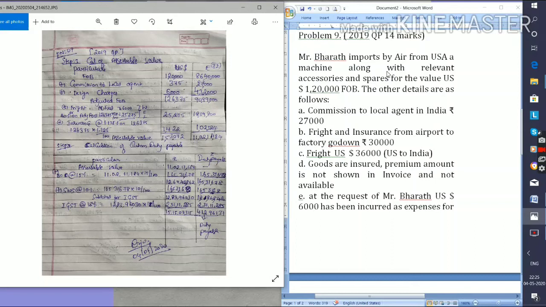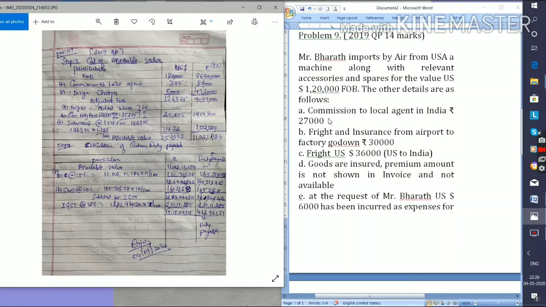Calculate that, and then you have to compare 20% or the actual amount. Next, this 1,20,000 in the FOB column, that is here. Next, commission to local agent in India. This commission will be called what? The selling commission. All commission can be taken except selling commission, right? Because here the exporter will appoint that person for the purpose of selling, then it becomes an expense for the exporter. This will be included in the FOB value, right?